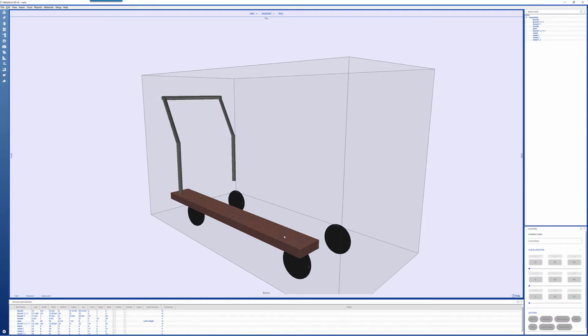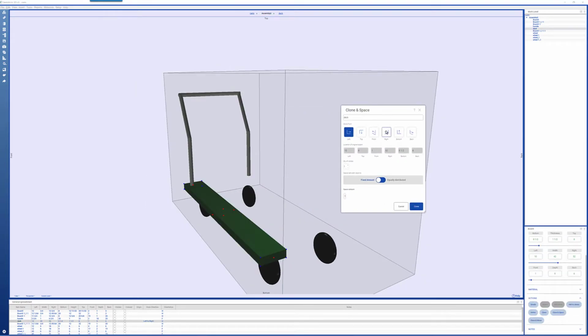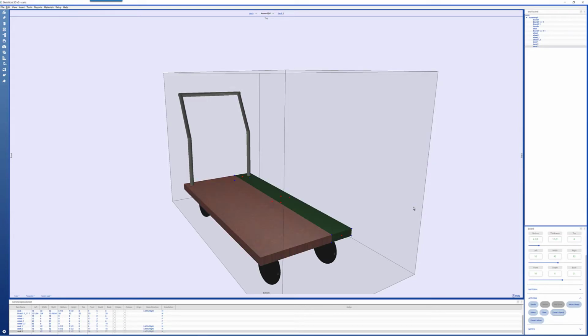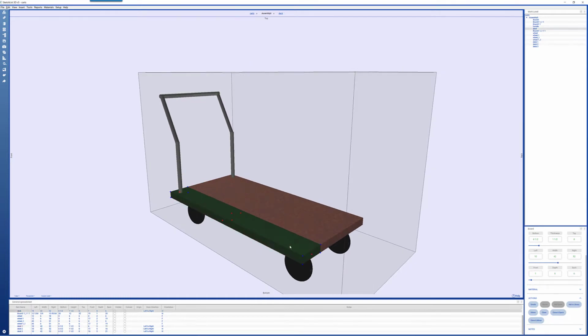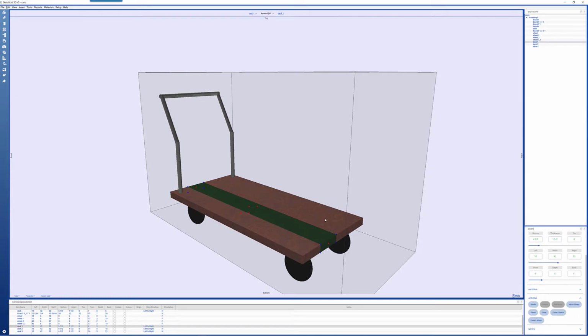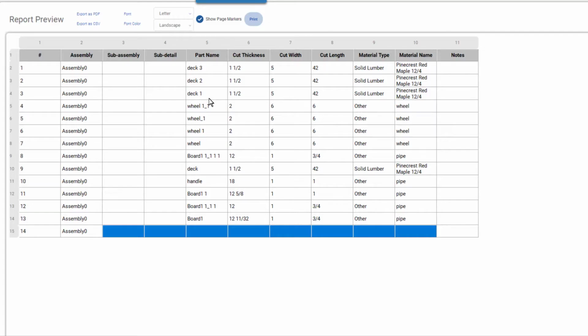Now I've got one board. I use the clone and space feature, and I'm going to put in a few more boards, and I'm going to put them 0 inches apart since I want a solid deck. And then you have the deck. And again, you can make this cart any size you want. The cutting list reflects the size of the material